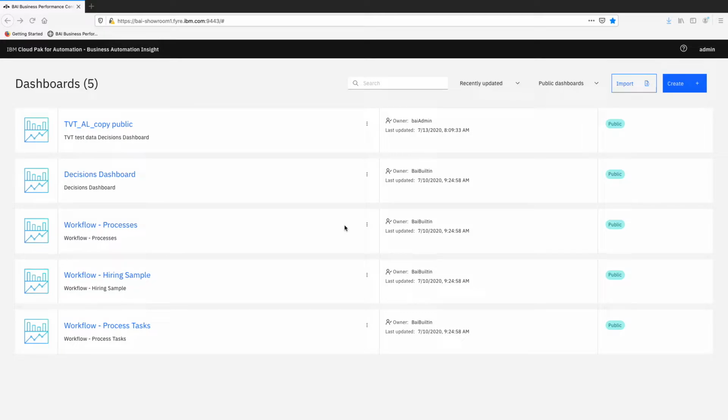Okay, so what you see here is Business Performance Center, which is part of Business Automation Insights. And this is where Theo goes to manage his business performance. When he first logs in, he sees these 4 dashboards, which are just samples that we provide from IBM to get you started. Things like my process dashboards, where I can see overall process performance of anything that's running within